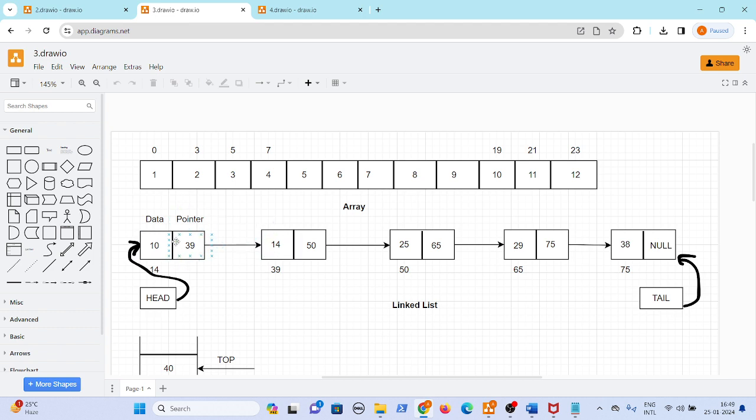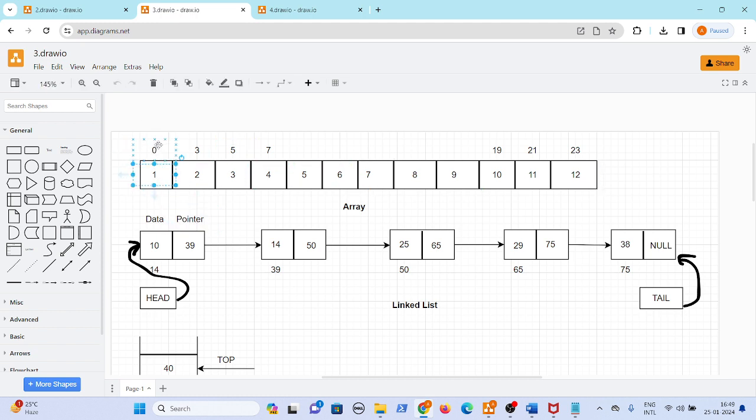Now if you see, this is the data. The first student's roll number is 10. Now what is the second student's roll number? It will see the memory address here. So this is how a linked list looks: along with the data, it stores the memory address of the next student. In an array you need not store it, because if you know the first person's memory address, automatically